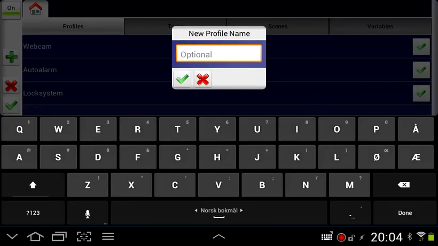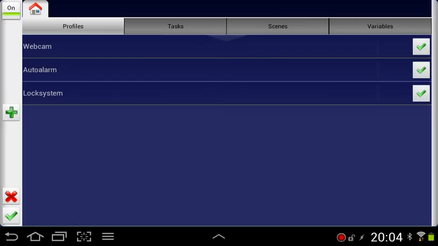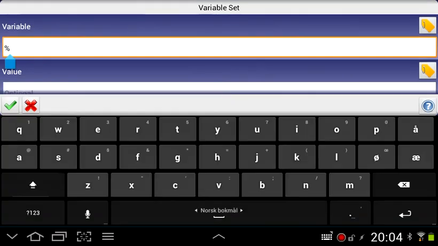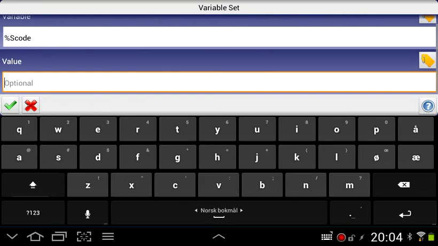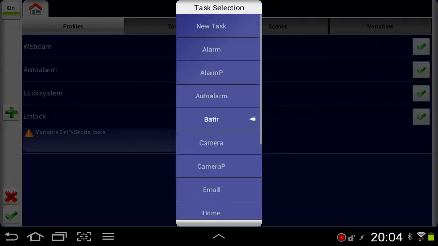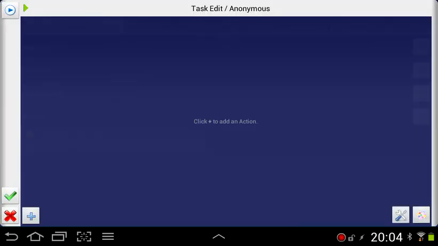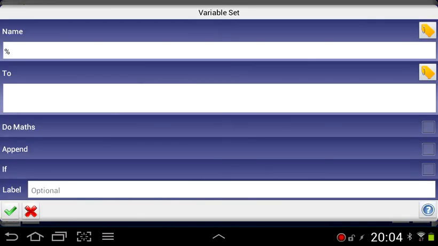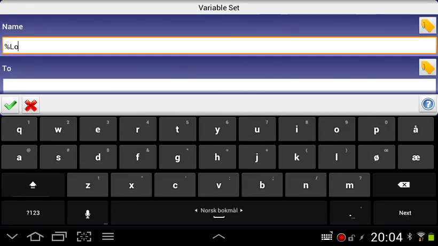this variable. So we're going to call that unlock. Event, variable set, and it's the S-code variable that's going to be set, and its value needs to match cake. And then it's going to run a new task, and this task is going to set lock override to